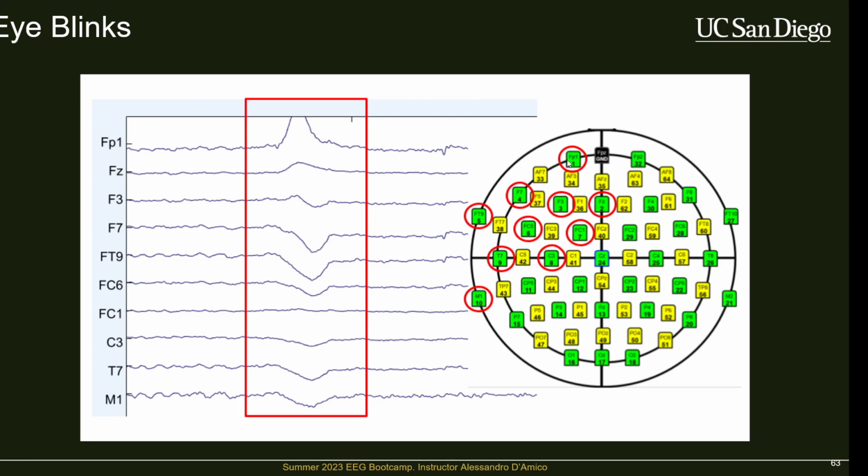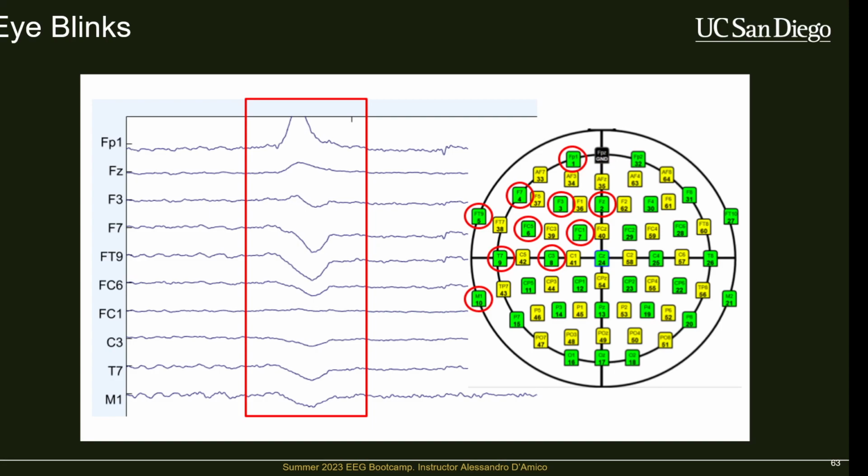And then we go down to FZ, which is sort of right here, F3, F7, sort of things around this area going further back. And you can see that FP1 has a very massive spike. It's actually going above the cutoff for visualization on this plot. And as we look at the closer electrodes, we're seeing a pretty large activity in the frontal electrodes. But if we see things that are a little further away, it's not as potent. So it's not generally true that